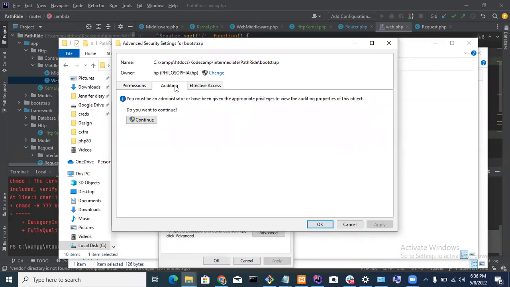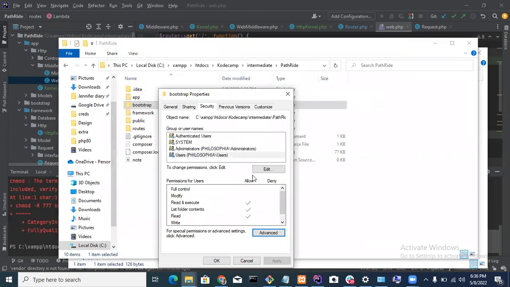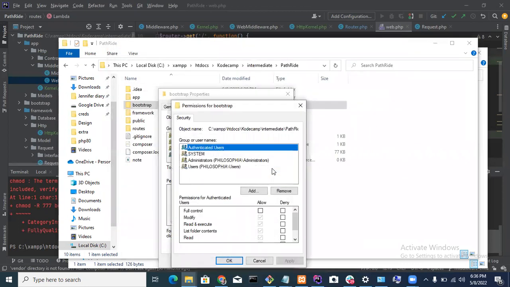If you close this window, there is a button for edit. You can edit the permission. Yes. Okay.